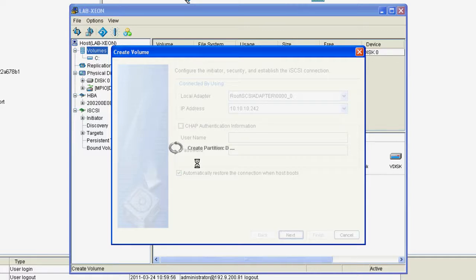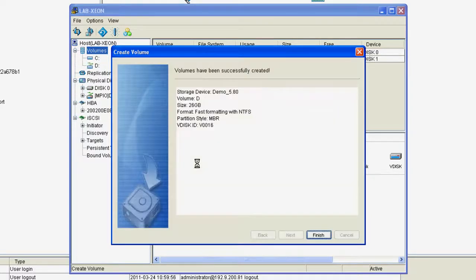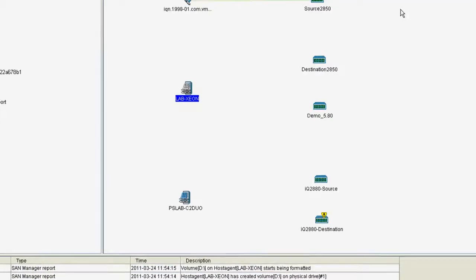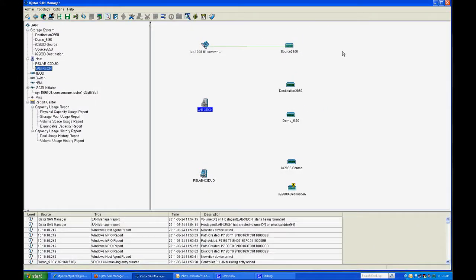And it's still creating the partition. And here's our confirmation window. It says we created a volume D, it's 26 gigabytes, has a vDisk ID of V0016. Let's select Finish, and if you look up here, we in fact have a volume labeled D with a title of Accounting. We'll close out of this, and we can go over to our disk enclosure and verify that